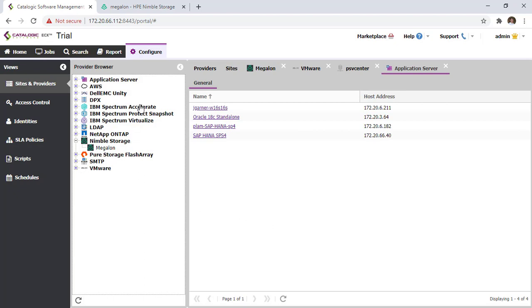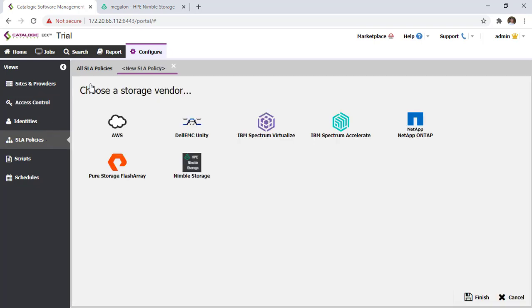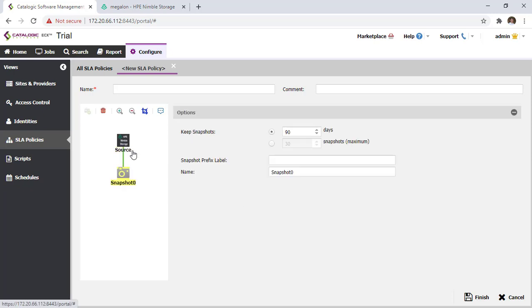So once I have my provider scanned in, let me go ahead and configure my SLA policies. Now my SLA policies are going to be my cookie cutter templates for how I want copies being created within the storage. So I'll create a new SLA policy on my Nimble storage array here. And in this case, if I want to perform a snapshot of some arbitrary source data, this could be an application or it can be a VM, I would just need to right click and select that snapshot operation,